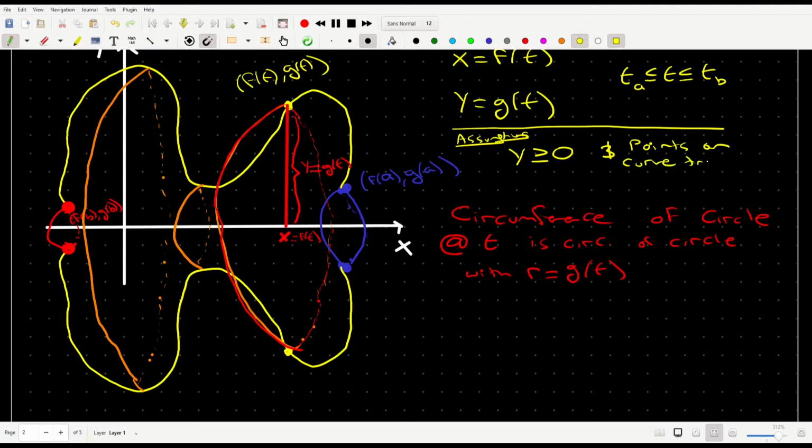Or in other words, every point on the curve is traversed exactly once. So as long as we have that,